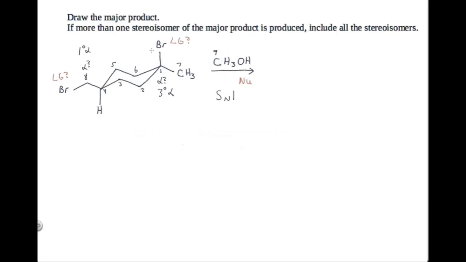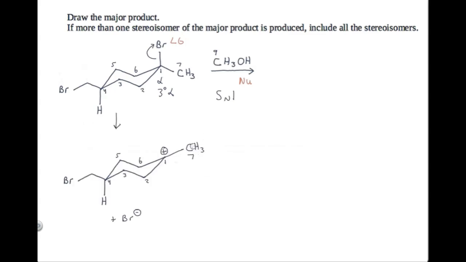Now we draw the mechanism. In the first step of an SN1 reaction, the leaving group leaves. So here we've shown that the leaving group has left. Make sure you put that positive charge on carbon 1 because carbon 1 lost electrons. Also, I changed the orientation of carbon 7 to reflect that this carbocation is trigonal planar. So this is my best effort